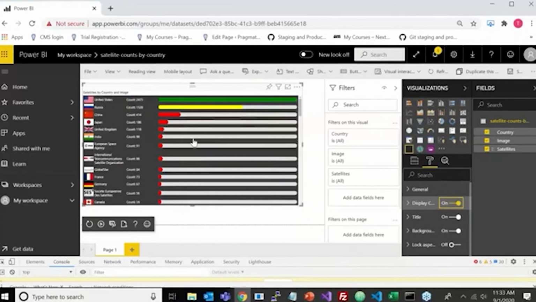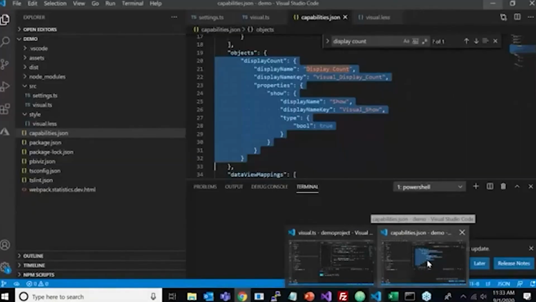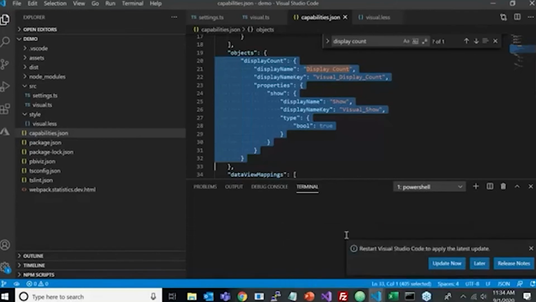And that is just about everything we need to cover, except for the pbiviz.json. The pbiviz.json is going to be where you set your author and project details. And this is going to be required before you can actually package your project. So if you go into here,